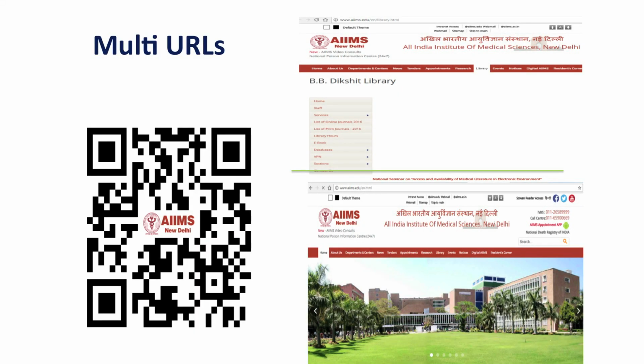The third example, the multi URLs. We can use these QR codes for this purpose very prominently. For example, the IIT Delhi website is there, and there is a link for Central Library IIT Delhi. So, the user first has to go to the institution website. From there he has to click the Central Library link, then he is able to go to the home page of the Central Library. So, this is a two-step function a user has to do very carefully.